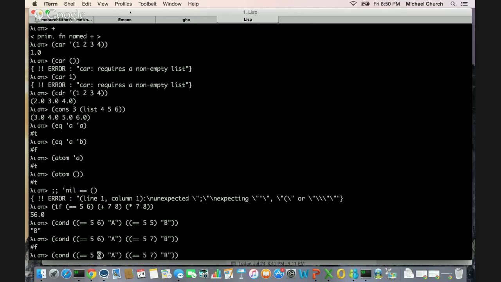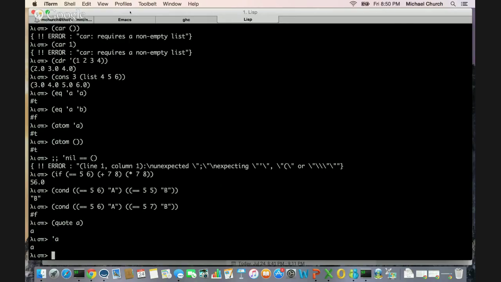What else? Cond. Oh, and finally there's quote. Now, quote is the same thing as putting the quote before it. In fact, a quote around any form says to the evaluator, I don't want you to evaluate this, I just want to return this list. So those are the 7 dirty words, and we've got the